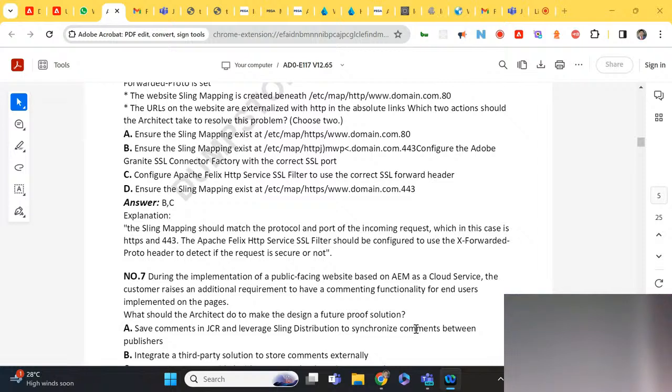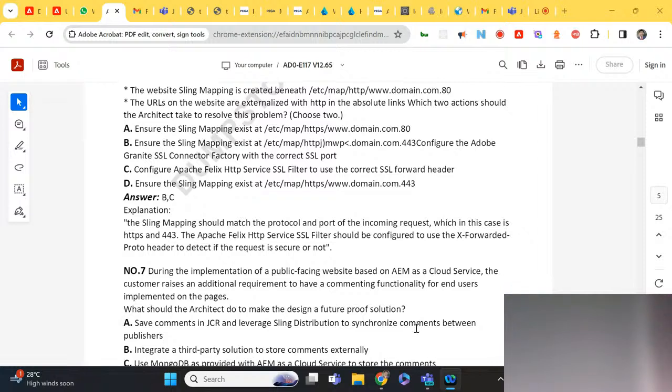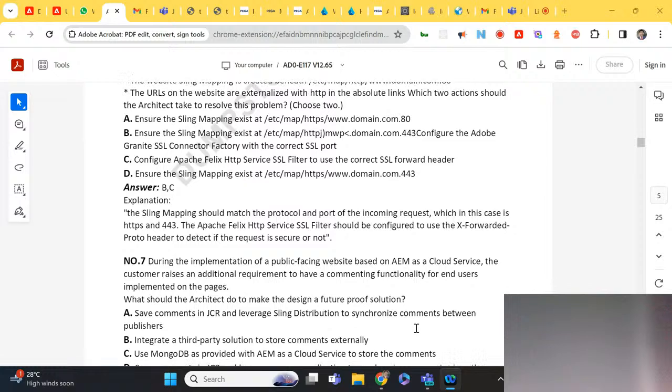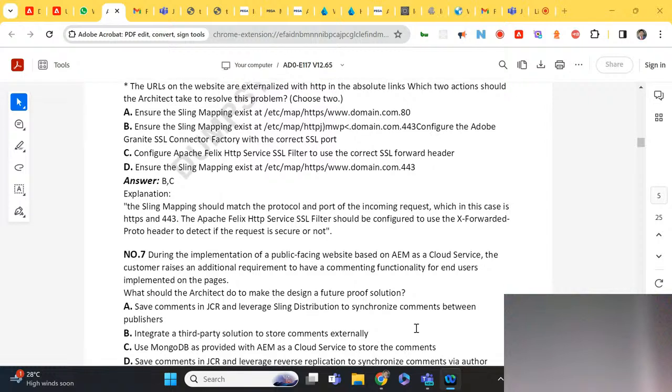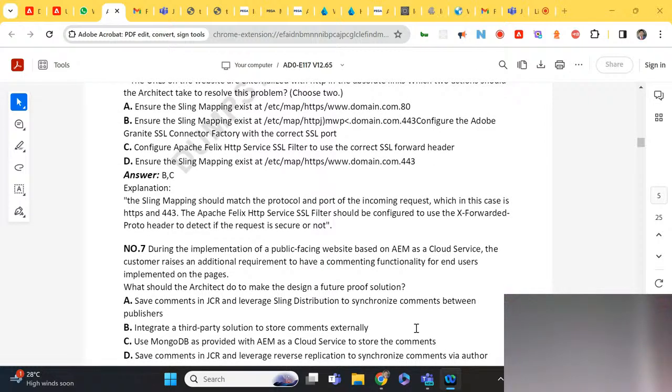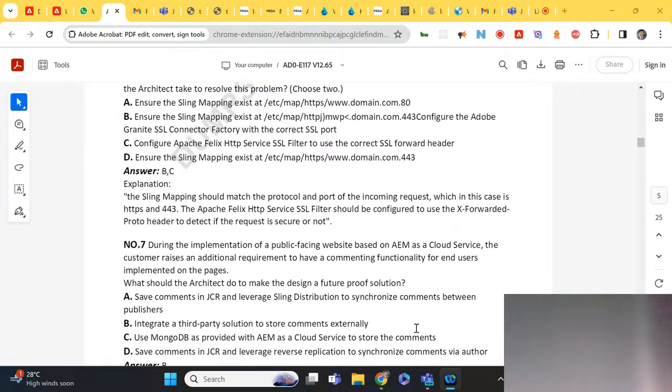Second, B is integrate a third party solution to store comments externally. C is use MongoDB as provided with AEM as a Cloud Service to store the comments. D, save the comments in JCR, leverage reverse replication to synchronize comments via author.